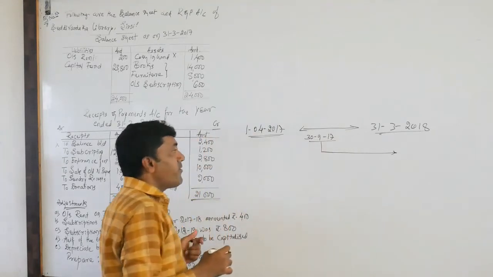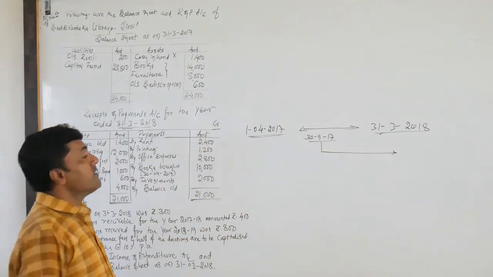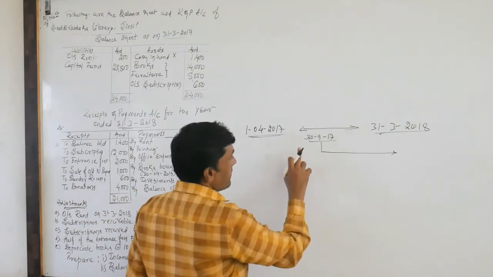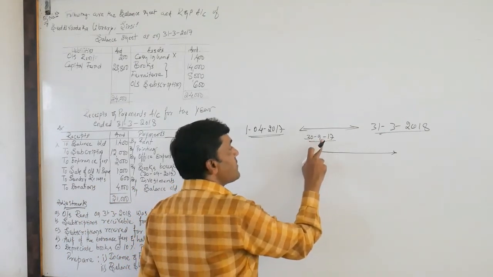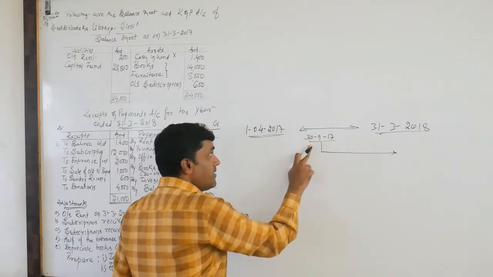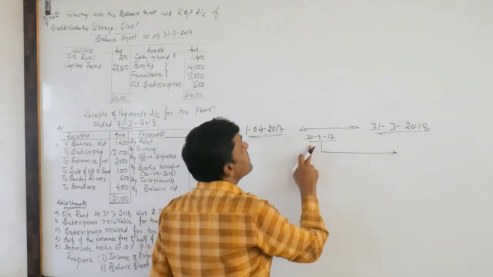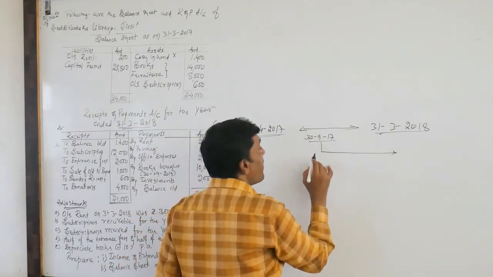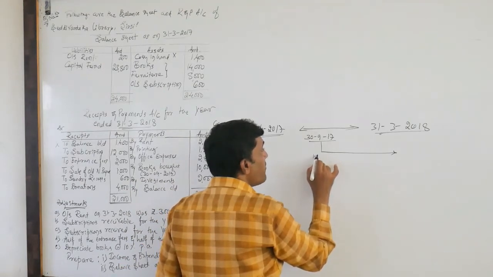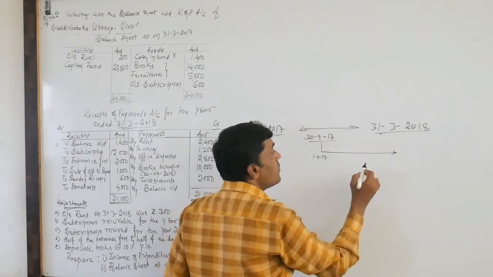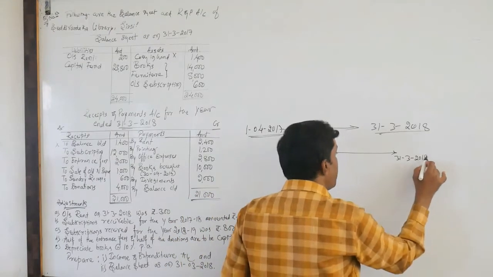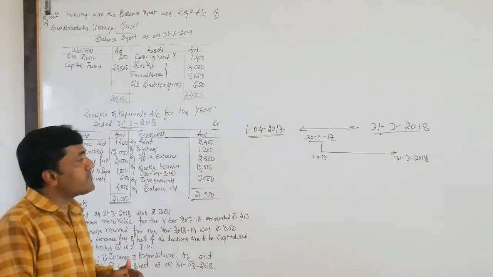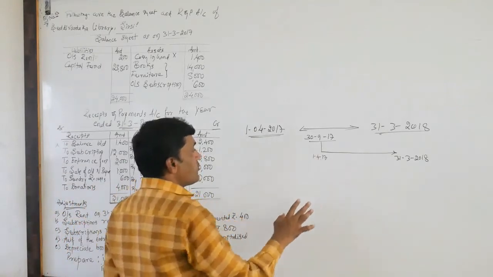How many months have we used the additional books? I am dictating, see here. 30th/9/2017 means end of September, so we need to consider the beginning of October, that is 1/10/17 to 31st/3/2018. Count these months. How many months have you used the additional books? Right?